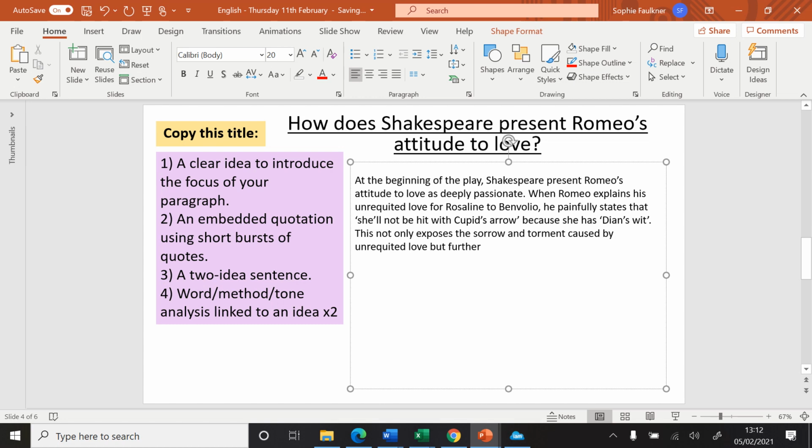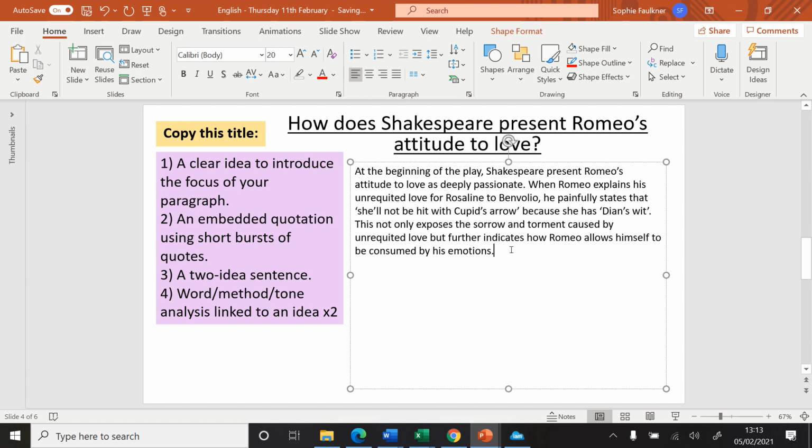So but further indicates how Romeo allows himself to be consumed by his emotions. And I'm going to explain both of those ideas in my analysis now. So I'm focusing on method analysis. This quote is an allusion, a reference to something. So I'm going to write Shakespeare's